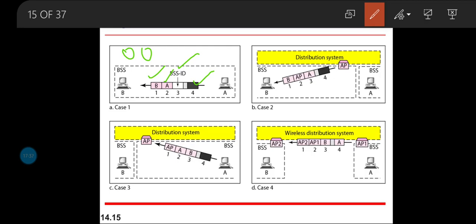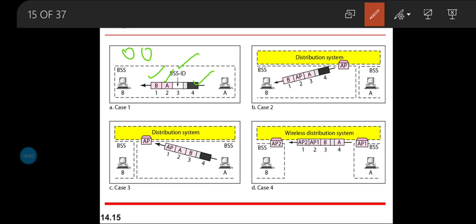Keep this in mind: if it is 0 and 0, no distribution system is involved here. It is well in between two stations. And the acknowledgement frame should be sent to whom? It has to be sent to the original source, which means to station A.